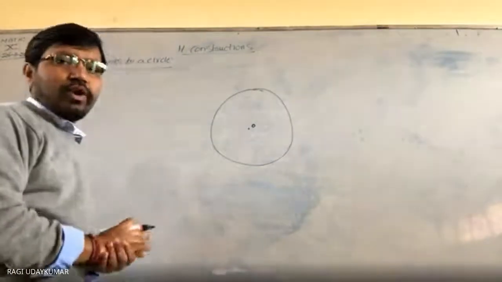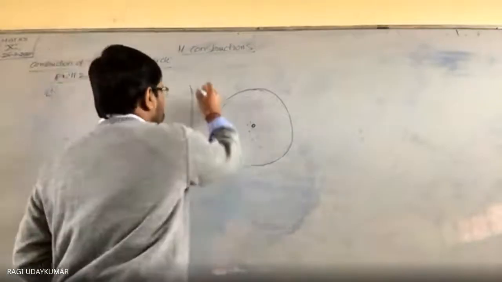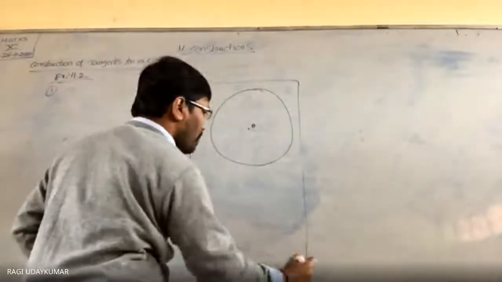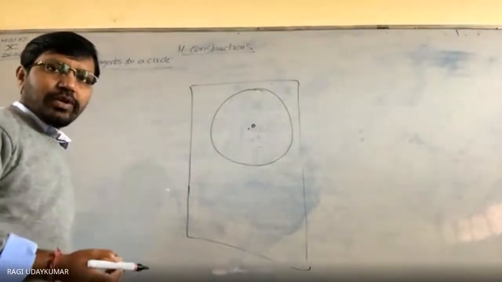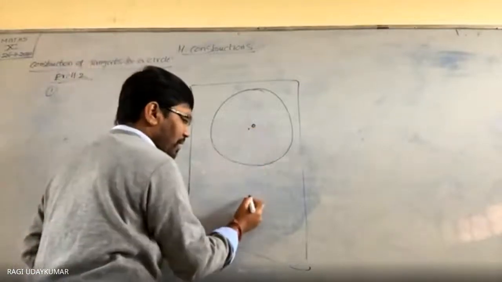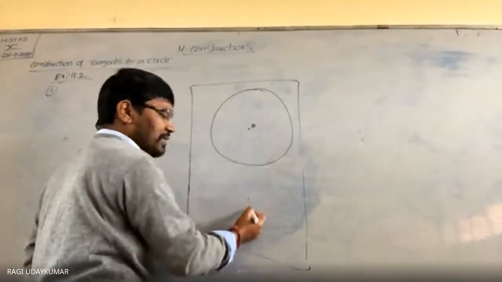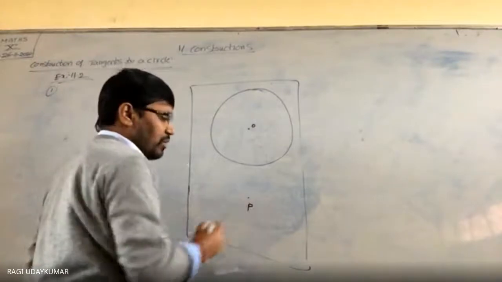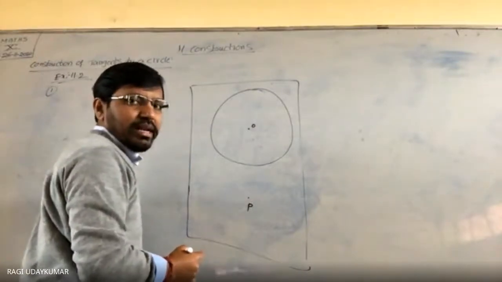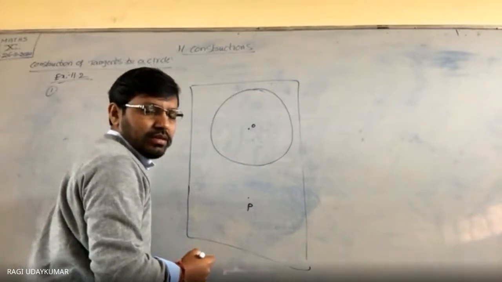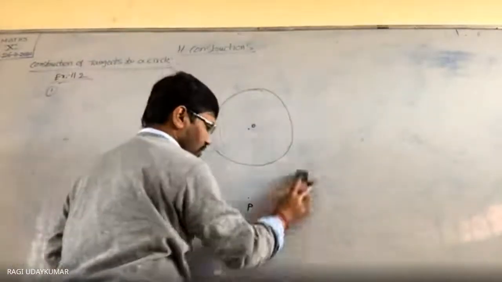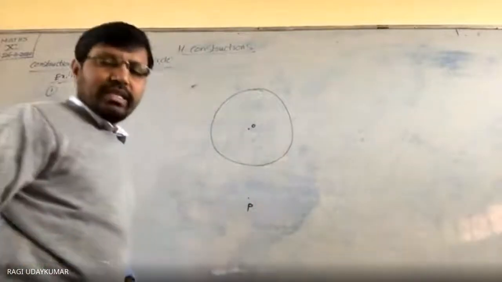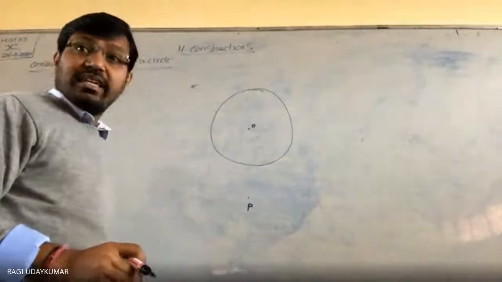Suppose in your notebook, if you are doing, your notebook paper will be like this. And you draw a circle. So 6 centimeters outside is not possible for you. So in that situation, what you have to do? Another point can be taken here. Either way, the distance should be 10 centimeters. Is it understood? Yes, sir. So these points you should keep in your mind. The point can be taken anywhere else. So how much distance should this point be? 10 centimeters away from the center.